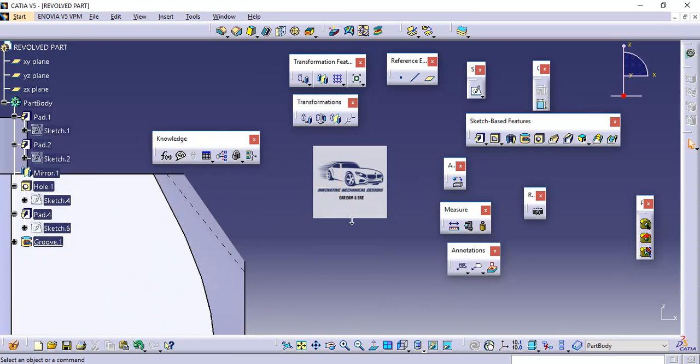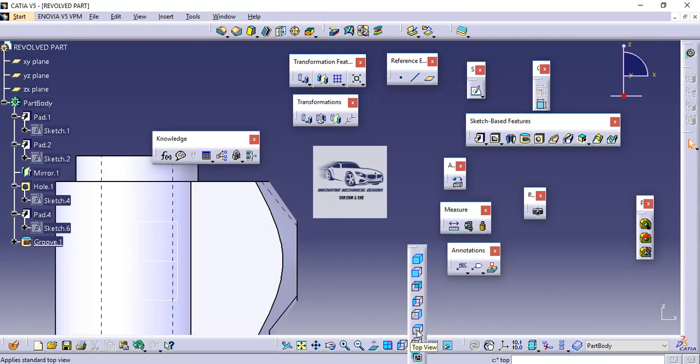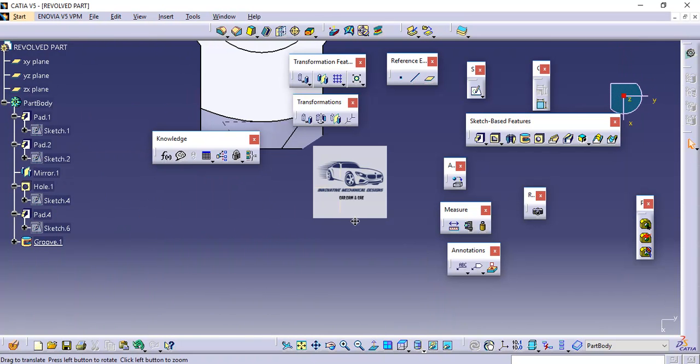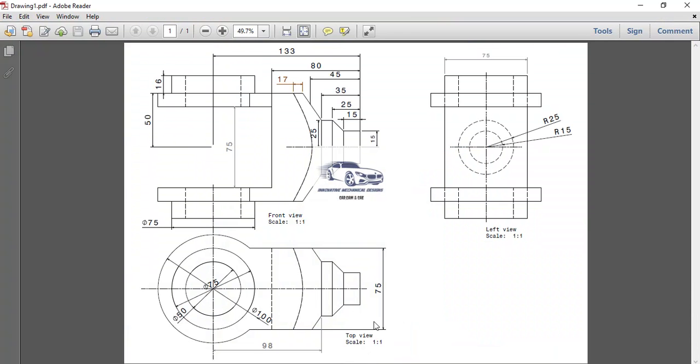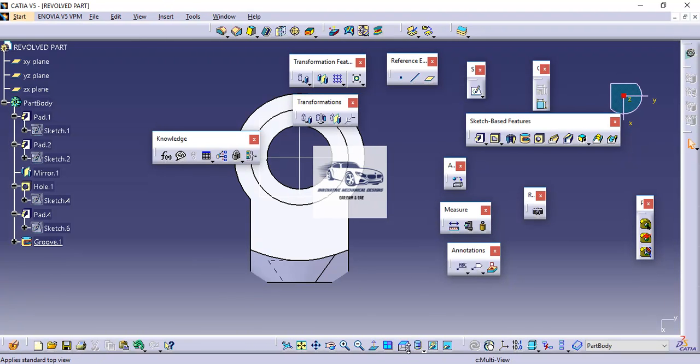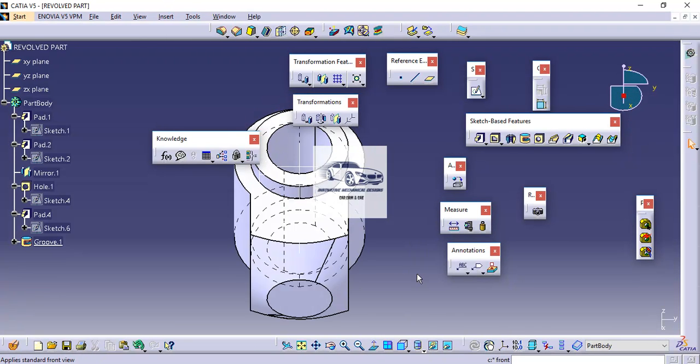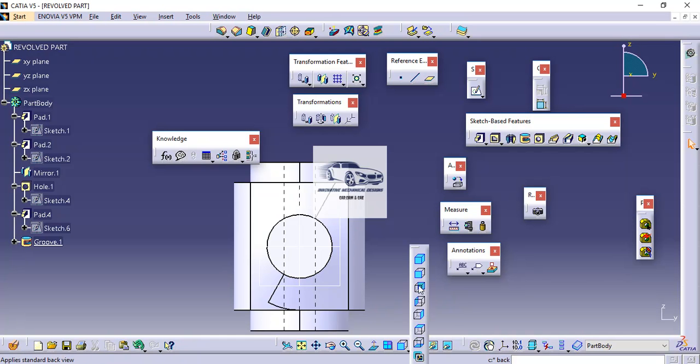Revolve cut. Now let us also take a look at top view. So this is the top view. After this, I have to develop this section. Now if we take a look at the side view, this particular section is a combination of circular profiles. So what we can do, we can draw a half profile and then revolve it to get the necessary output.